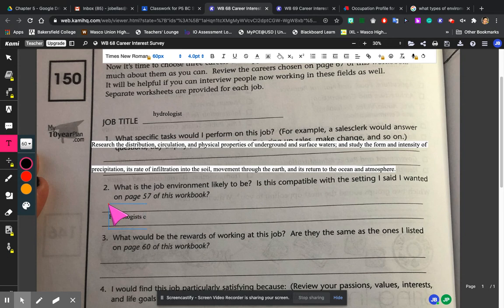Hydrologists can work in offices and outside. And then it asks you a question. Is this compatible with the setting that I said I wanted? On page 57. Now, these are going to have workbook pages, but these correspond with the activities that you were doing in my 10-year plan. So page 57 is actually